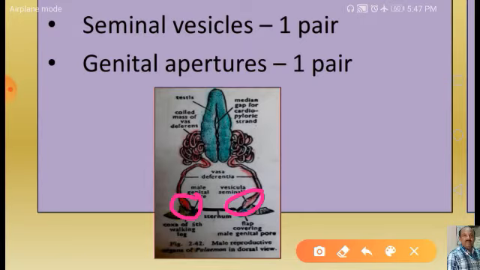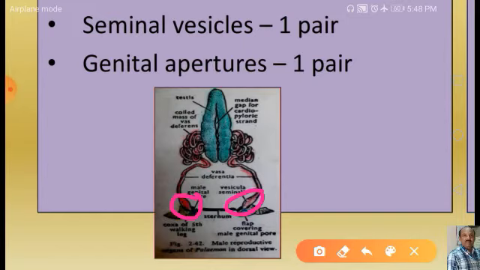So in these seminal vesicles, the spermatozoa are stored in the form of spermatophores. Now these seminal vesicles are meant for storage of sperms or spermatozoa. Then each seminal vesicle opens to the exterior by a male genital aperture on the inner side of the base of the coxa. We have already discussed, in the differences of male and female, that the male genital aperture is present on the coxal part of the fifth pair of walking legs of its side. Each male genital aperture is also covered by a small flap of integument.